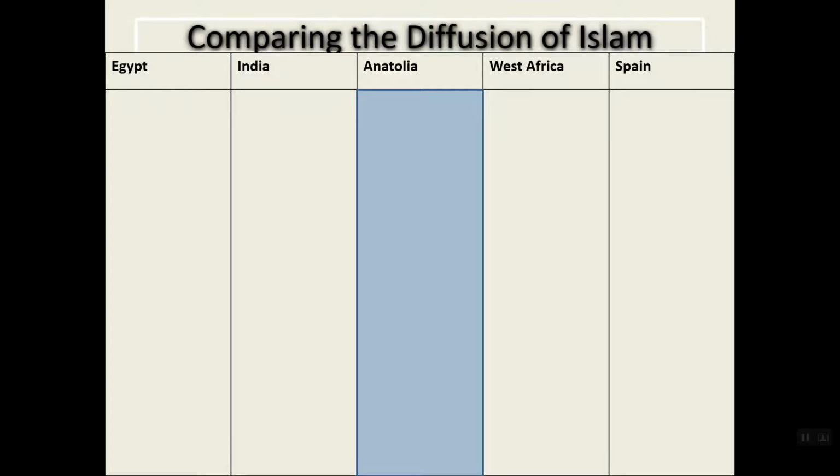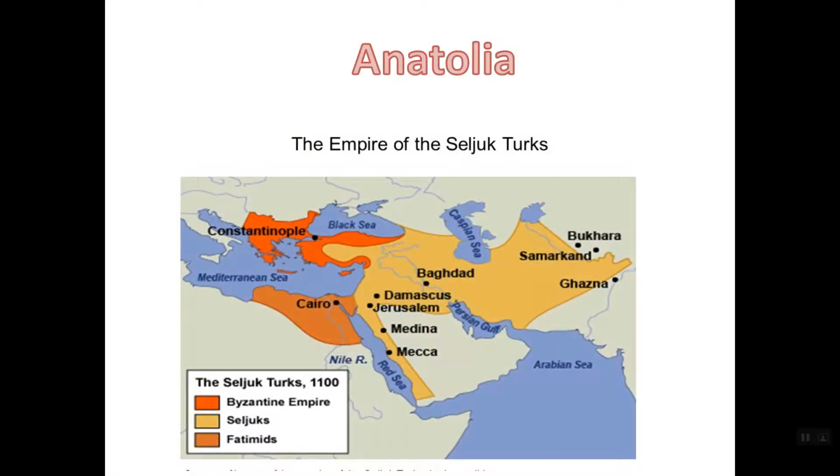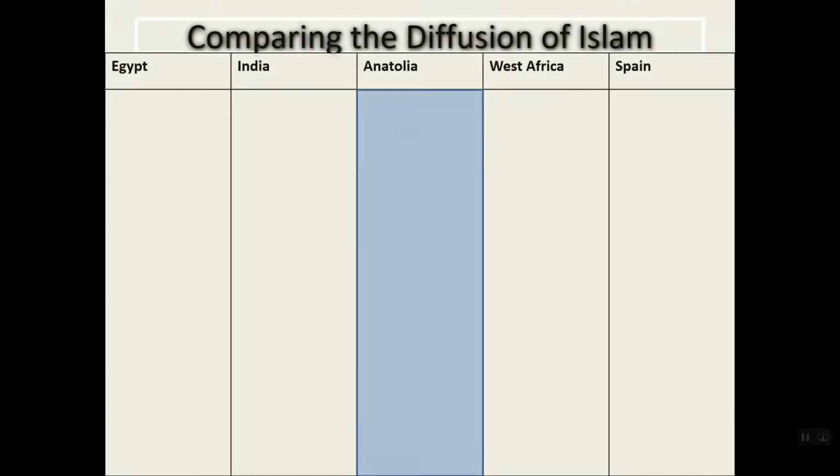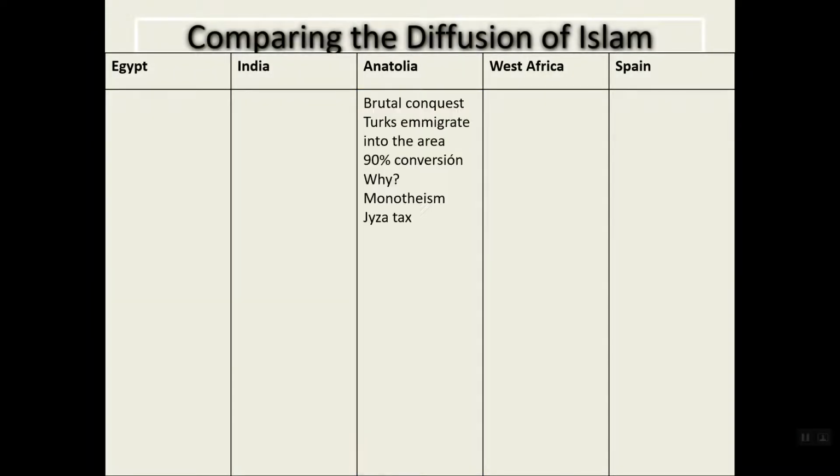So what did these Mamluks do, and how did they affect the rest of Afro-Eurasia? Let's focus on Anatolia first and the Seljuk Turks. So this is the Anatolian Peninsula, as you can see here. And let's see how these guys ended up doing and how they took over the entire peninsula. So as these Mamluks took over the Abbasid Empire, they began to go into the peninsula. They began to take it from the Byzantine Empire, and it was a brutal